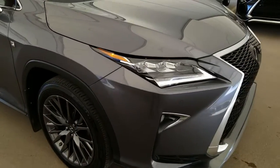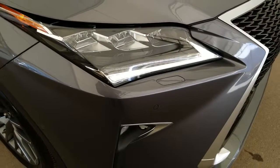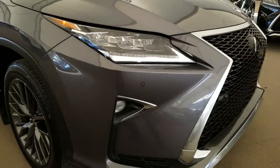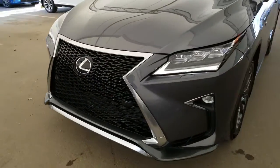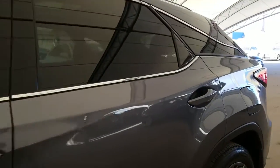Some of the features include LED L-shaped premium headlamps with the LED daytime running lights, also equipped with the auto-leveling headlamp system, LED fog lights, F-Sport front grille, headlamp washers, blind spot monitor with the rear cross traffic alert, keyless entry with the push-to-start ignition,